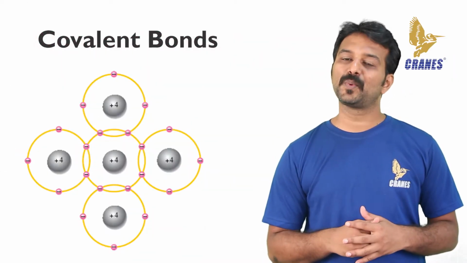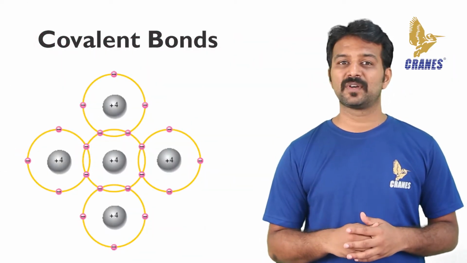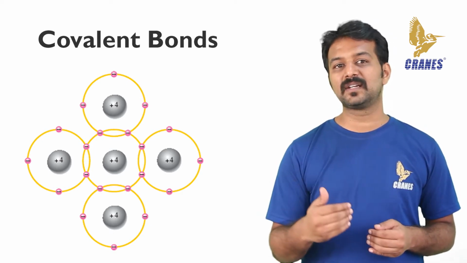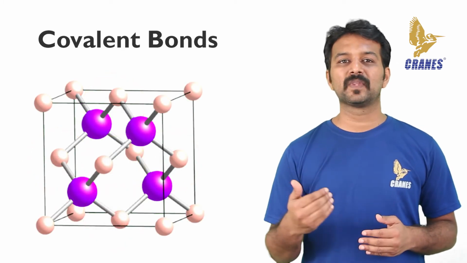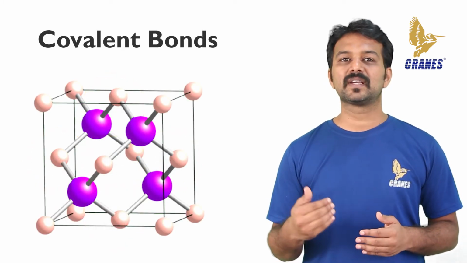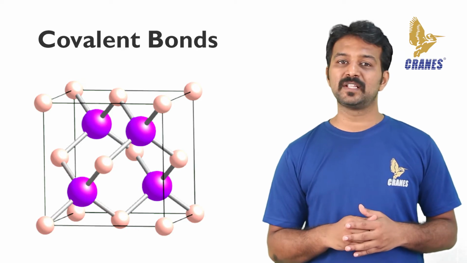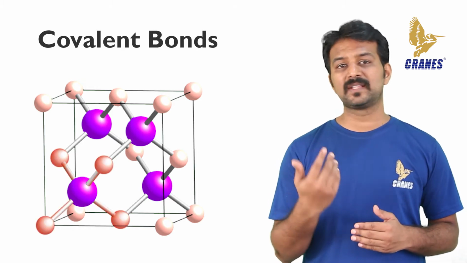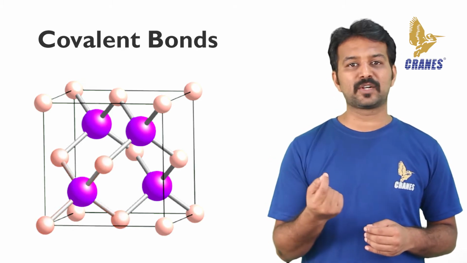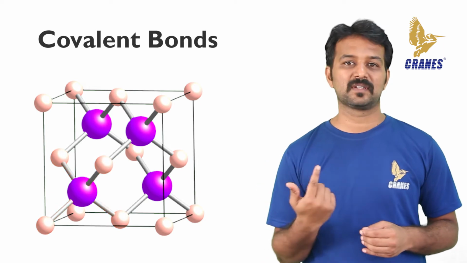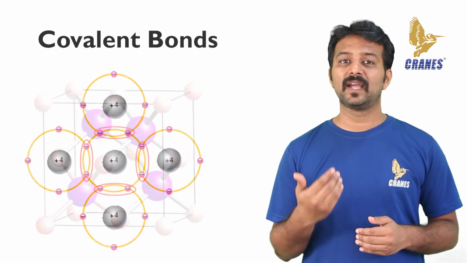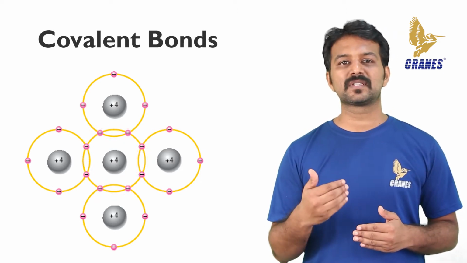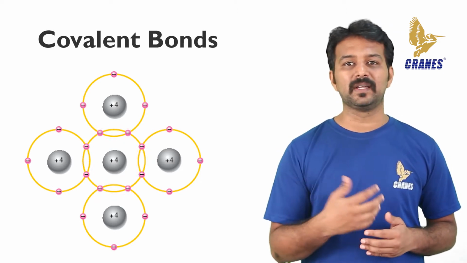Let's discuss covalent bonds. The figure shows how each silicon atom positions itself with 4 adjacent silicon atoms to form a silicon crystal, which is a 3-dimensional symmetrical arrangement of atoms. A silicon atom with its 4 valence electrons shares an electron with each of its 4 neighbors. This effectively creates 8 shared valence electrons for each atom and produces a state of chemical stability.